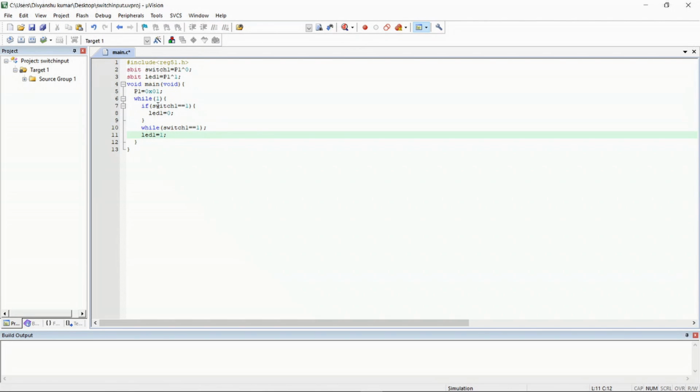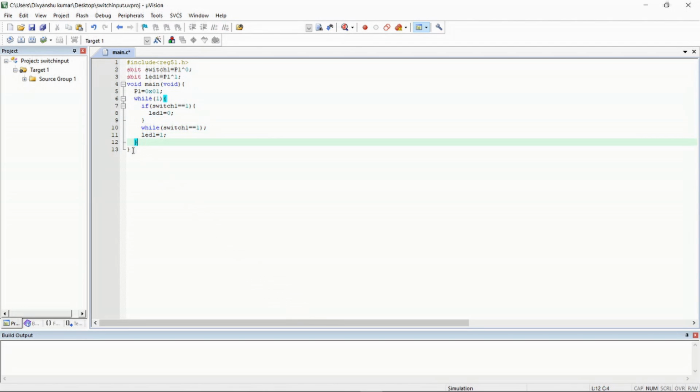It will turn on whenever this thing goes true, or this thing goes true, because we know that if the value of LED 1 is 1, then the switch is 0. So this loop and this loop will not work, and only LED 1 equal to 1 will work. This is the basic logic behind our code, and the main thing to learn here is how we are using if with our pins. This is the main logic that we should learn.